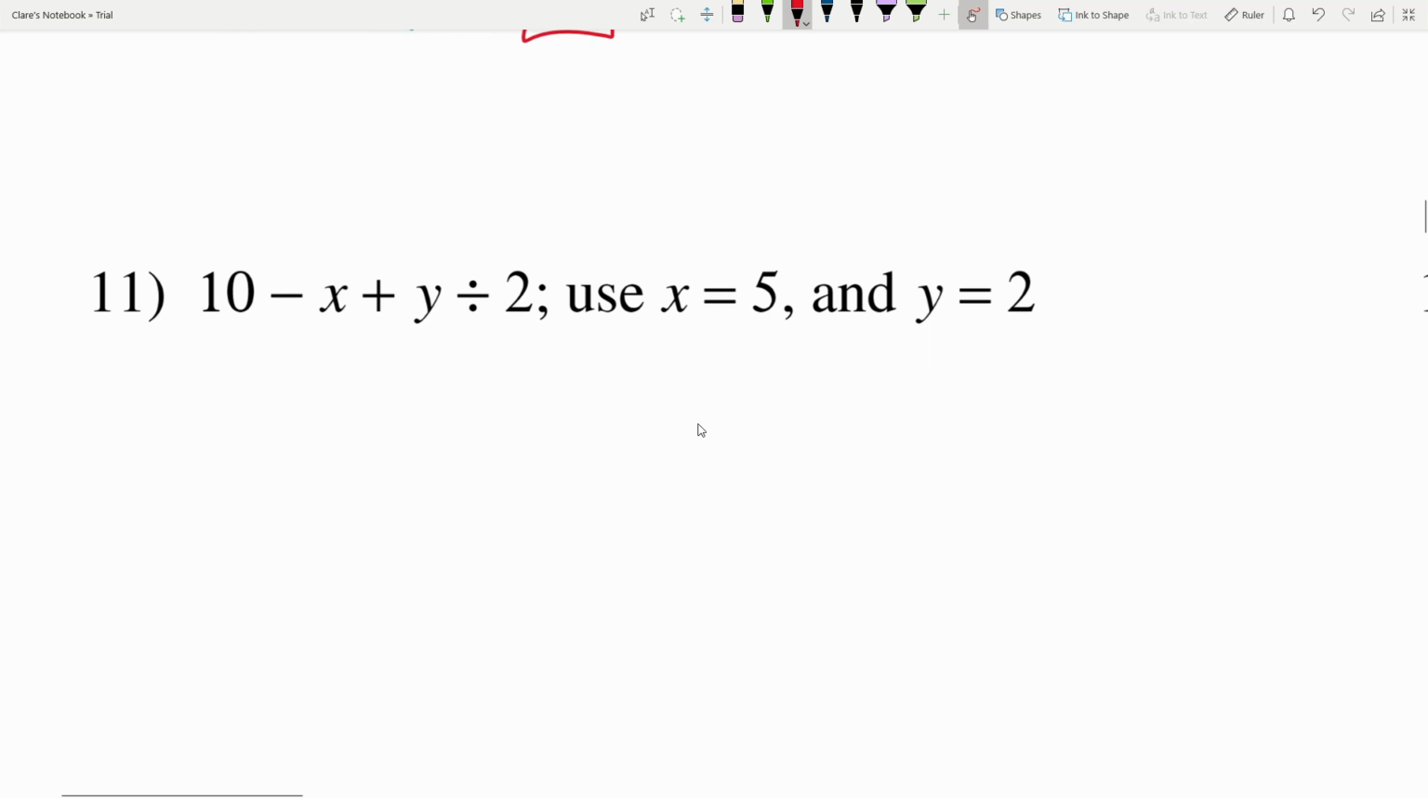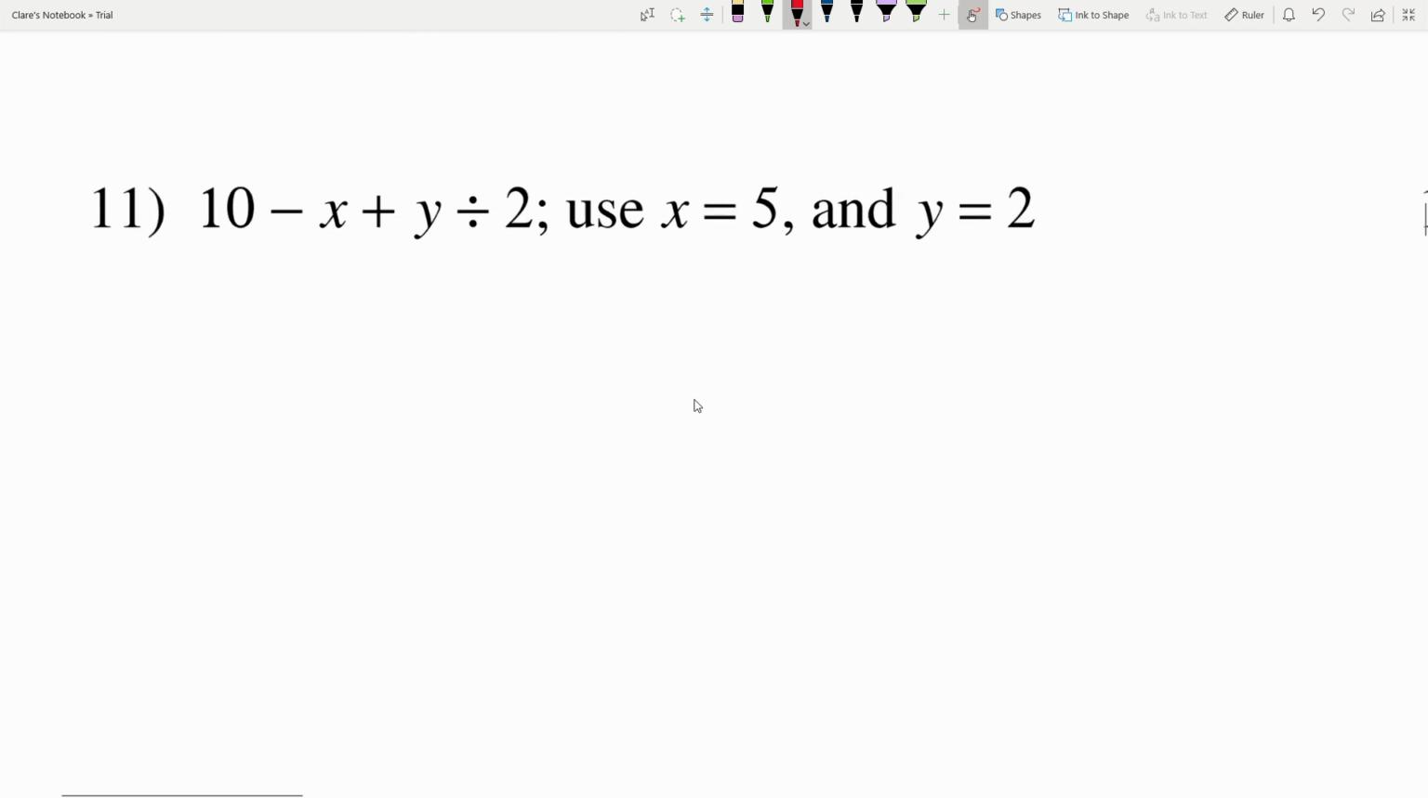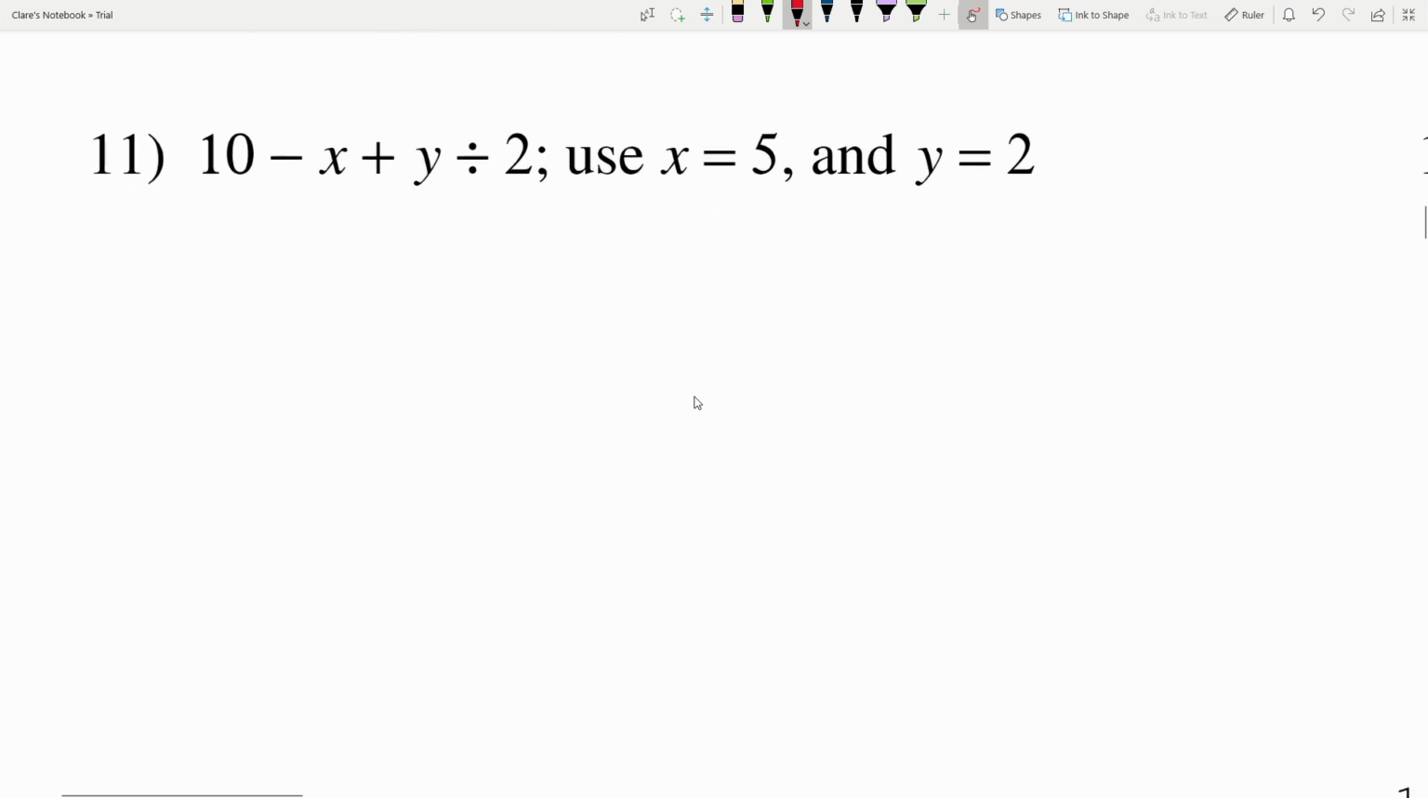In number 11, I have 10 minus x plus y divided by 2. So x is 5 and y is 2. Let's go ahead and plug those in. 10 minus x, which is 5. So 10 minus 5 plus y, which is 2, divided by 2. Now, order of operations, division happens before subtraction and addition. So 2 divided by 2 gives me 1,